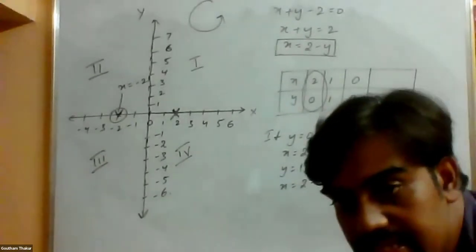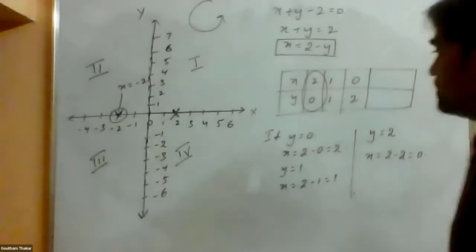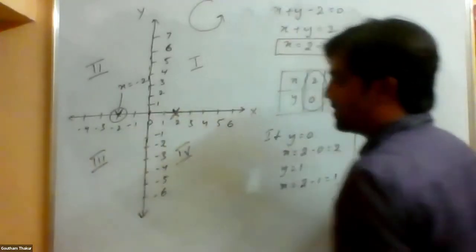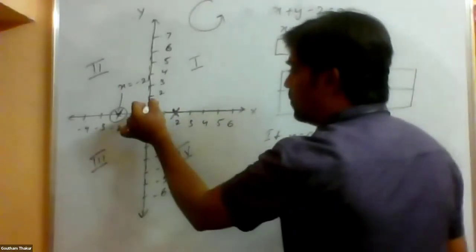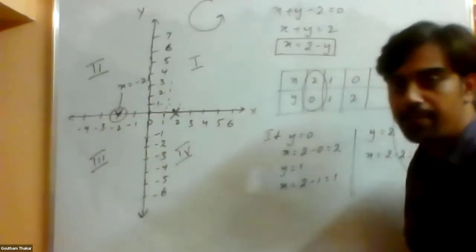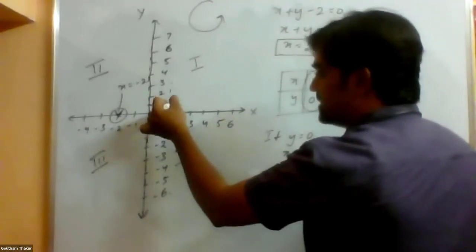Yes, beta. We can say it as x is equal to 0, y is equal to 2. Yes, perfect. Now x value is 1. 1 is over here. Y is 1. 1 is over here. Where the 2 points are meeting. We are meeting it over here. This is my second point.